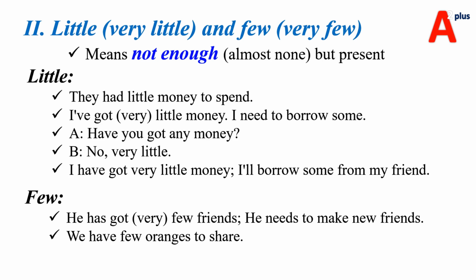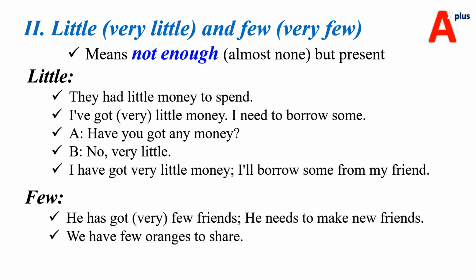Have you got any money? No, very little. I have got very little money. I will borrow some from my friends. So በጣም ትንሽ ብር ነው ያለኝ ከጓደኞቼ እበደራለሁ ያልከው ማለት ነው። How about few? He has got very few friends, he needs to make some በጣም ጥቂት ጓደኞች ያሉት ስለዚህ አዲስ ጓደኛ ማድረግ አለበት ያልክ ነው ስለዚህ በቂ ነው ጓደኞቹ አይደሉም because few ስለተጠቀሙ ማለት ነው we have few oranges to share for example